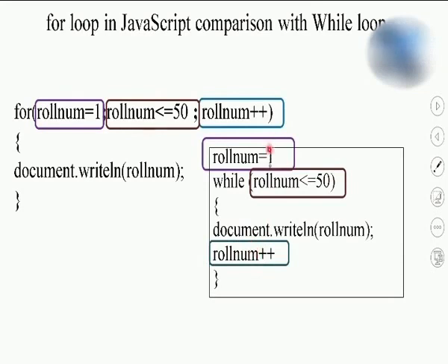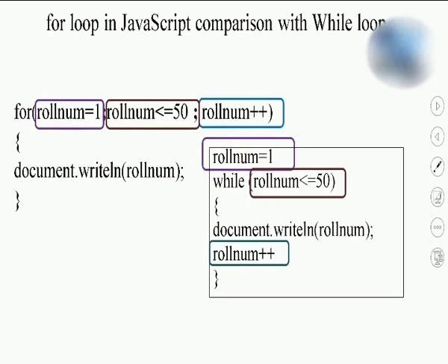If I initialize it over here to 50, then in that case I need to change the condition to greater than or equal to 1. So that will go in reverse, and I need to write minus over here. So I can write from 1 to 50, or instead of that, I can write 50 to 1 also over here. In that case, I need to write the decrement over here. So I can write increment or decrement in both loops, but do compare the for loop and the while loop.